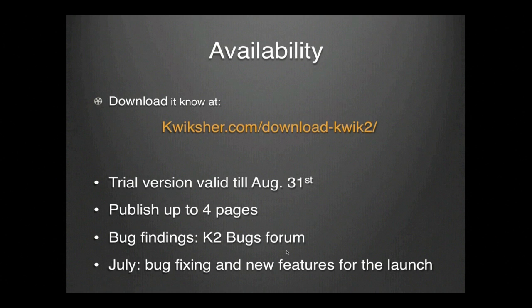And why? It's not because I do not like your emails. I really do like the interaction that we have through emails, but if you find a bug, someone else may find the same bug. So it's going to be an opportunity to put everything in just one place. So do that, please. Also, my idea is to use the full month of July to fix bugs and to add some new features that I could not make for this first beta. There are some more coming before the official launch, but this is what you should understand for now.